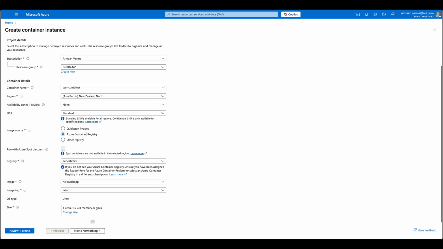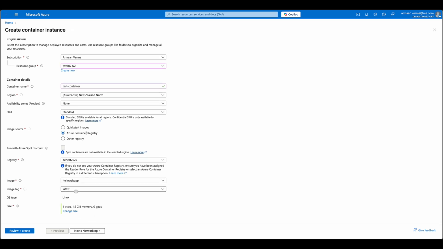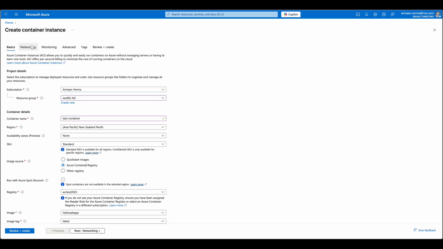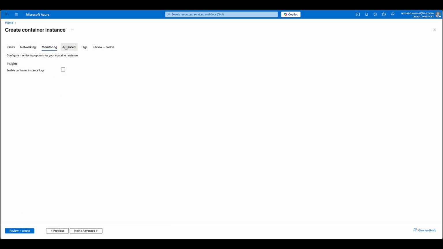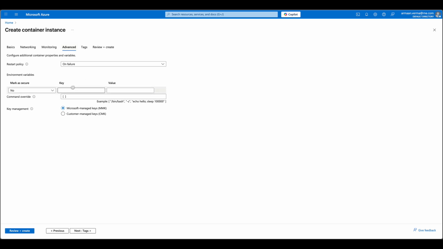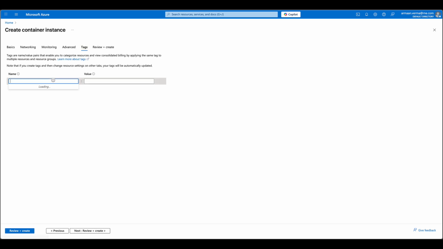It has automatically come. You don't have to do anything because it exists over there. Go to networking, let it be public. Monitoring, we will disable it. Go to advanced if you want, so you can do it. Otherwise you can leave it like this and click on location, New Zealand, and click on review and create,